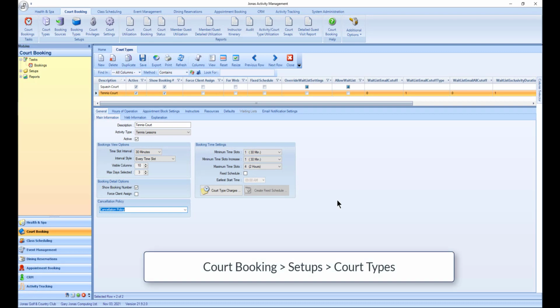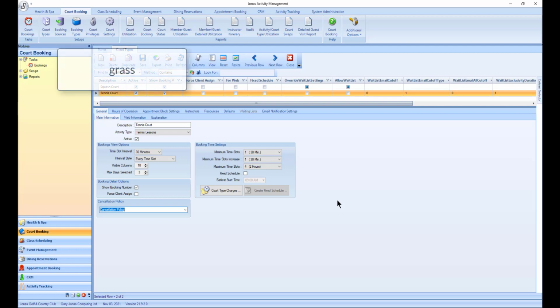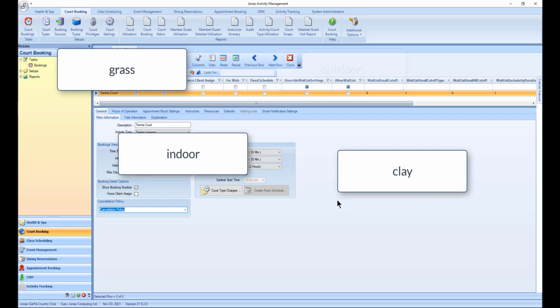Use the Court Types program to set up the different court types offered. These may include grass, clay, indoor, outdoor, etc. You only need to create one per type. This is not a specific court, like Court 1 and Court 2, it is the grouping or types of courts